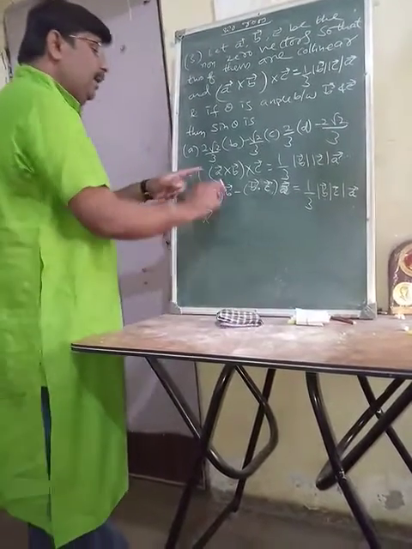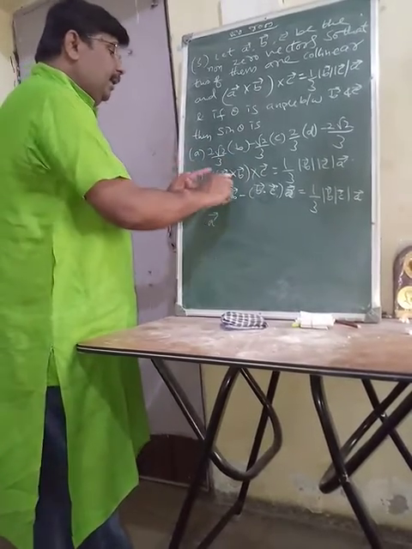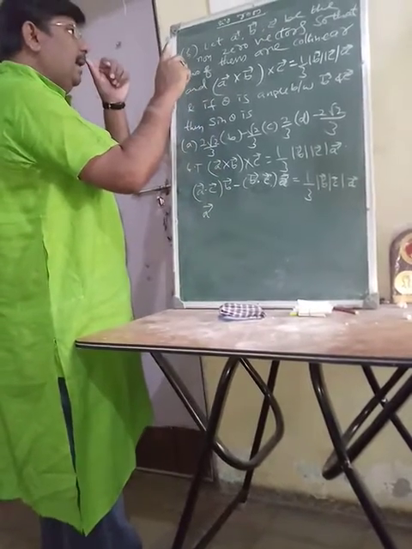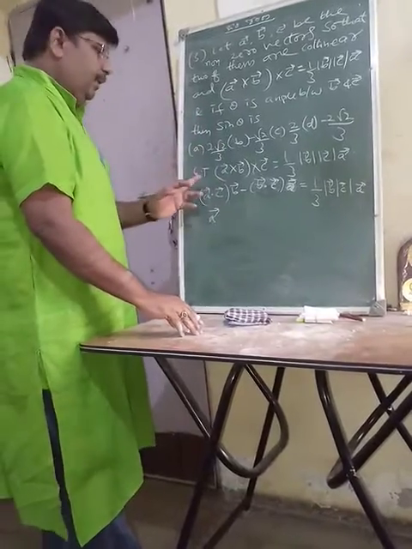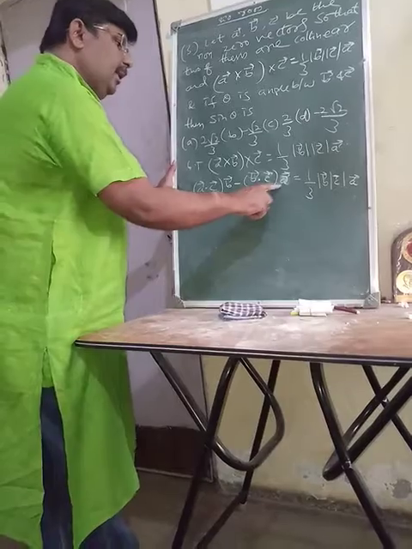Therefore, it is of the form A cross B cross C. For the first two, it is given these are collinear. The two vectors are collinear. Which are collinear here? Two of them are collinear. A and B are collinear, you know. That's why I have taken it here. So it is A dot C B minus B dot C A equal to this.